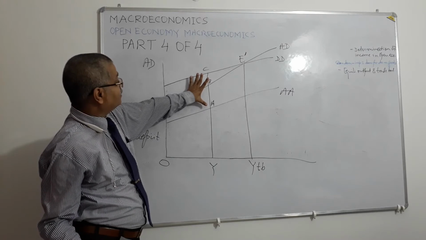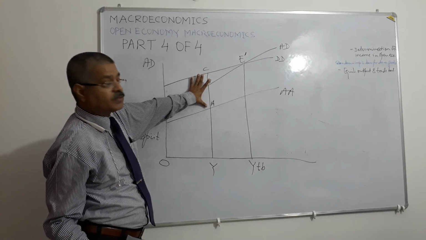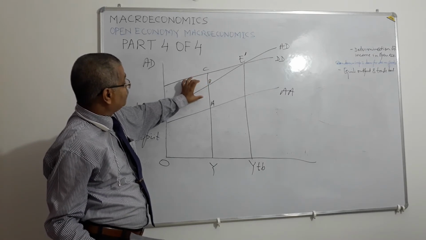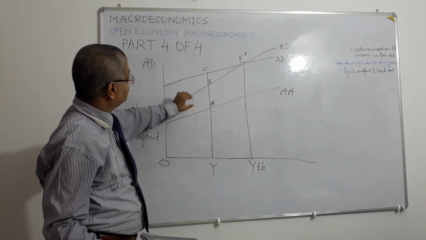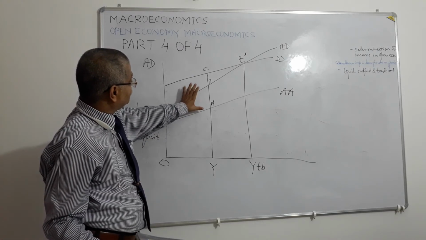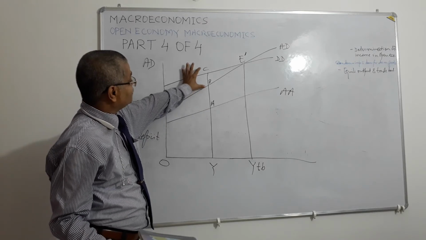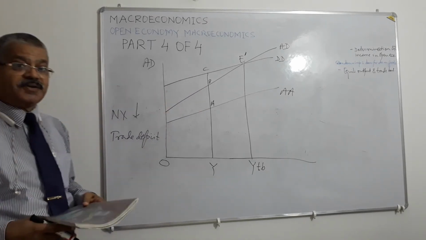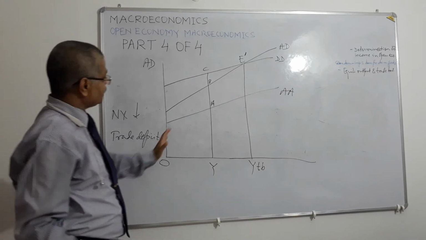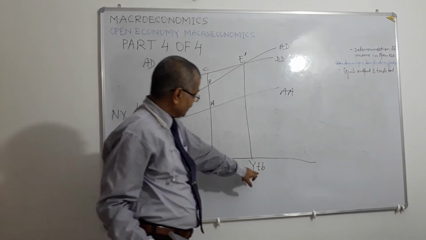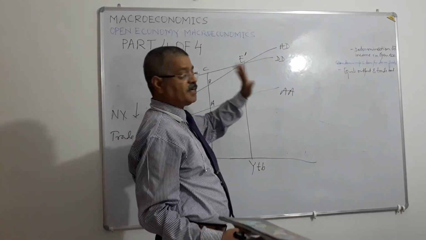AC is the exports, and what is imports? Imports is AB. So what is the surplus? BC is the surplus, trade surplus at this point of time, and trade balance is here,